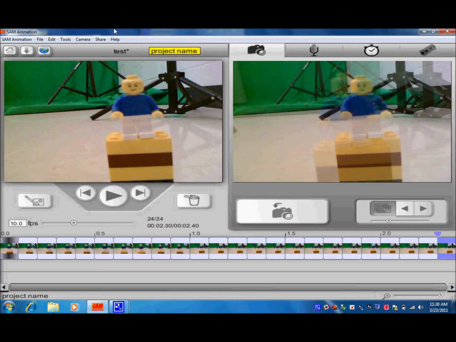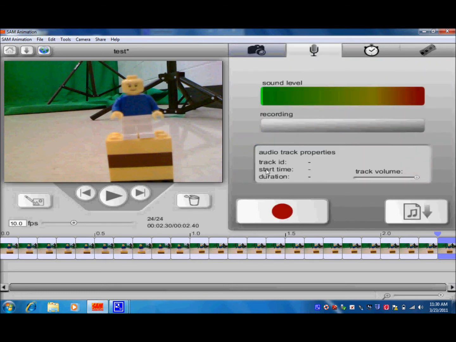Okay, now I'm back in the SAM animation program, and what I've done is I've attached my RM Easi-Speak microphone to my computer using the USB and the bottom of the microphone that's built in. It's connected to my computer, and what I want to do now in SAM animation is click on the little microphone symbol, because I want to add audio. And to add audio from the Easi-Speak, I just go down here to this little music note import audio file button,